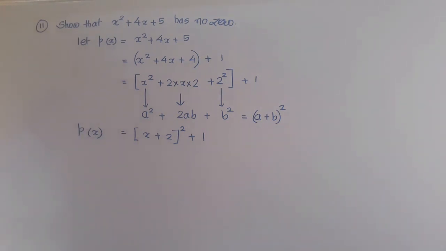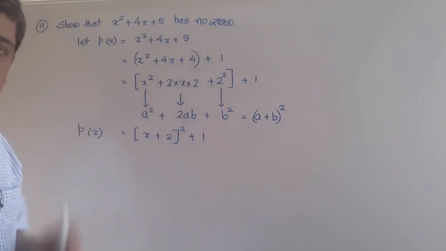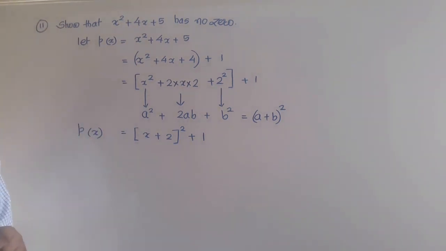Now let us find out the conclusion. Now we are reaching the part of conclusion. Can we find out the zero or not? Because in the earlier questions we have seen, there we found the zeros, but in this question the zero we cannot find out. Why can we not find it? Let us examine that fact here. Now if I say you put the value of x, any real number, put any real number in place of x.